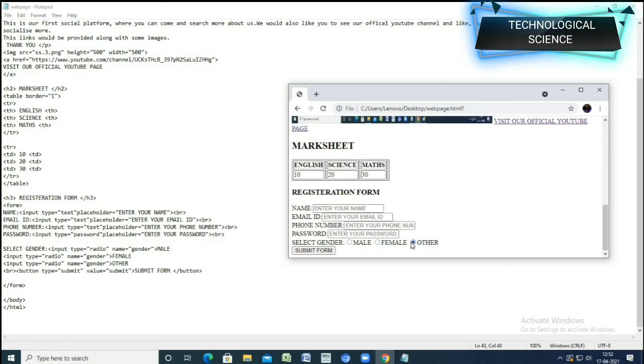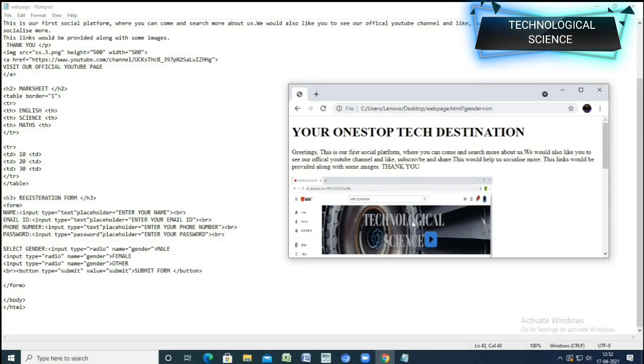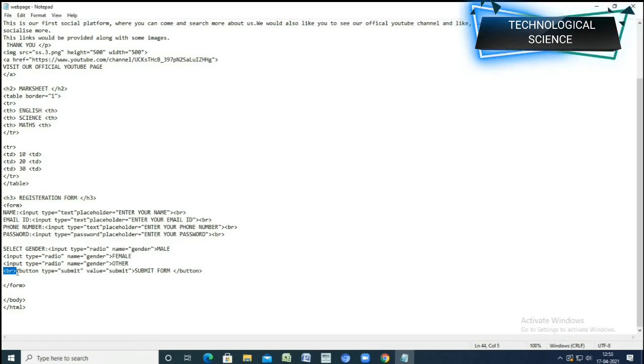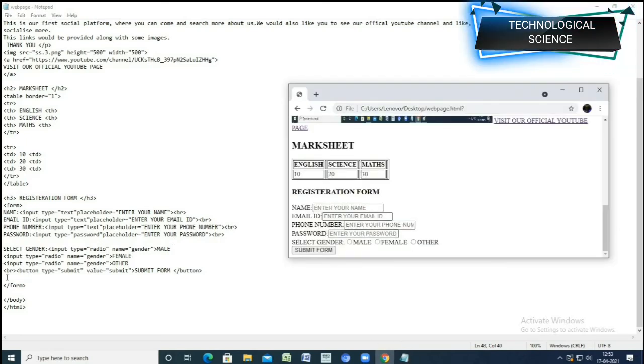So as you can see here, I can click on any option given to me. Now once the person fills the form, he has to submit the form. So how do we put a submit form button? First of all, just type the tag BR, just to break the line and indicate to the website that this button should come below this option, so that it doesn't come here but comes below it.